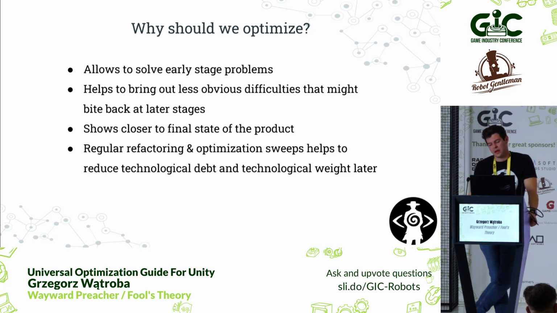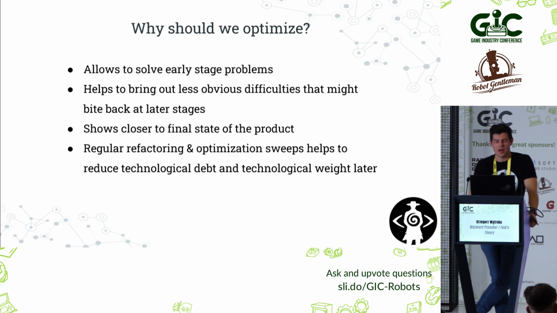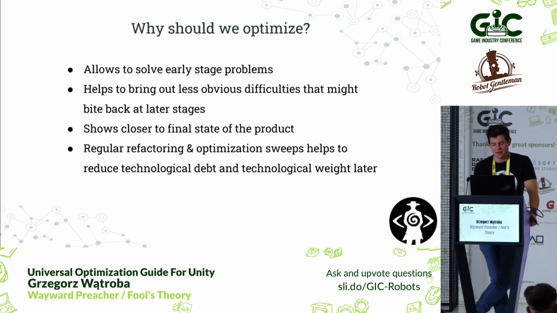Technological weight is working functionality that is so hard to maintain and change that nobody touches it, but rather goes around it, because any change causes the entire game to collapse. I saw this a lot. When we have that kind of colossus on clay legs, this is quite troublesome.